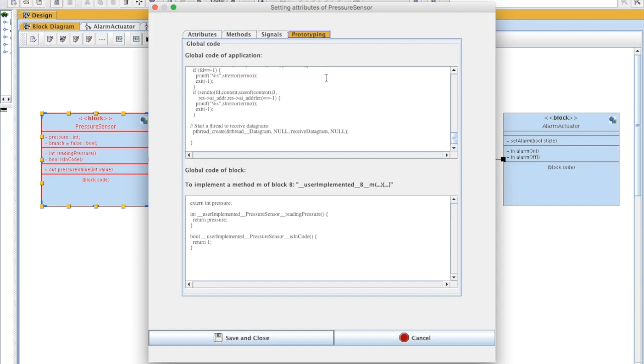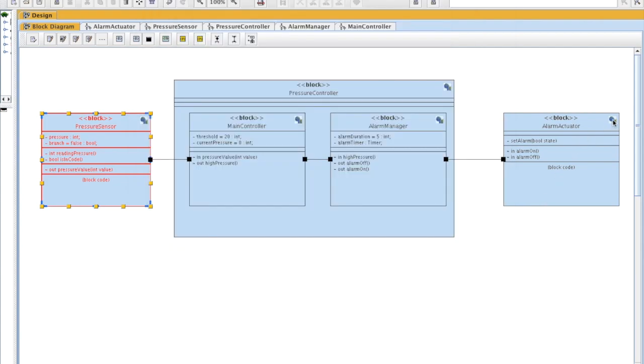Okay, and there are two different views. This one is to provide an implementation to the functions, to the methods provided by the user. So for example, for reading pressure, we are simply returning the value of a global variable. Okay? If we go to alarm,